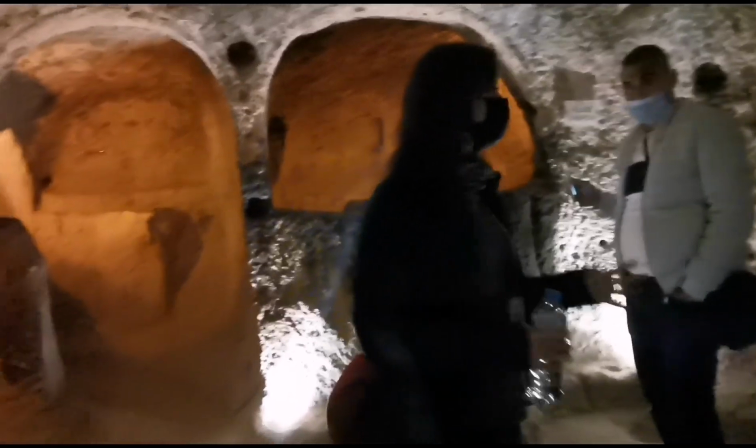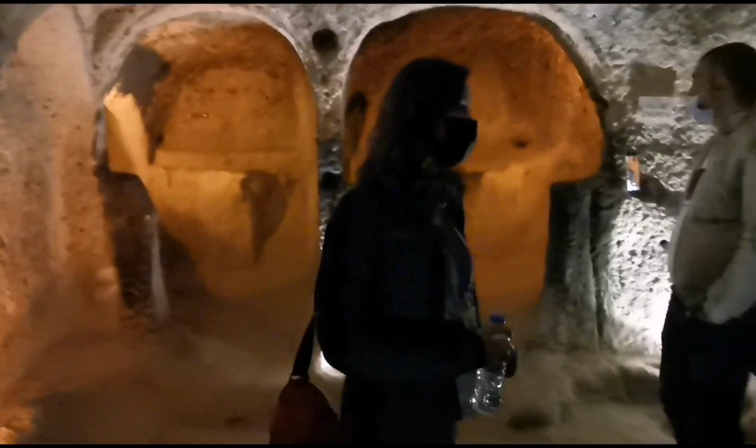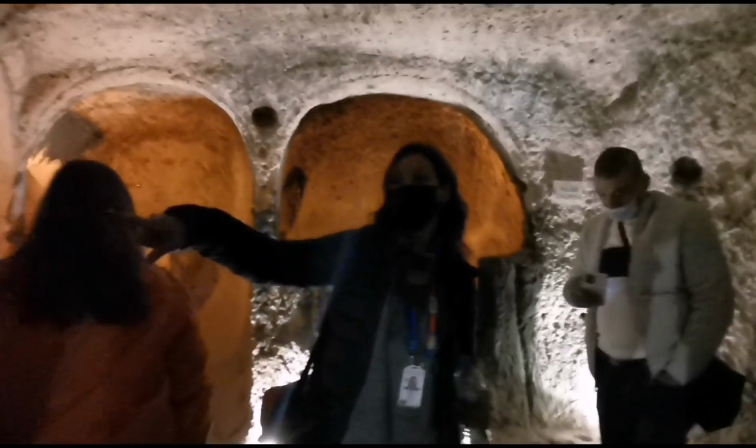Well, right now, guys, we're in the church. We are thinking this part is used as church because, you know, you're seeing a perfect access in here, and we have also an altar to make them have their own ceremonies. And also we have a couple of more proofs. If you take a look to the walls, you'll see some kind of carvings actually. This is not that clear, but these are